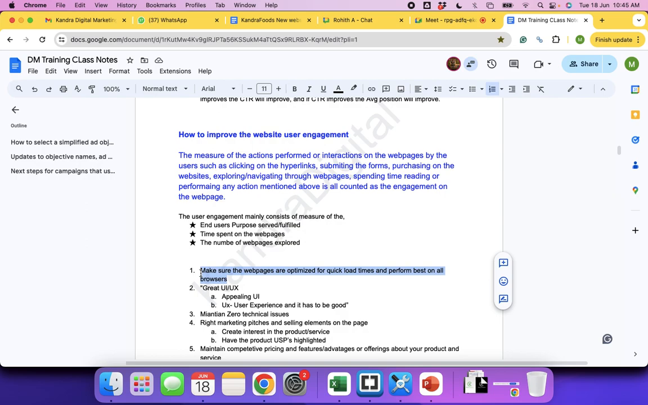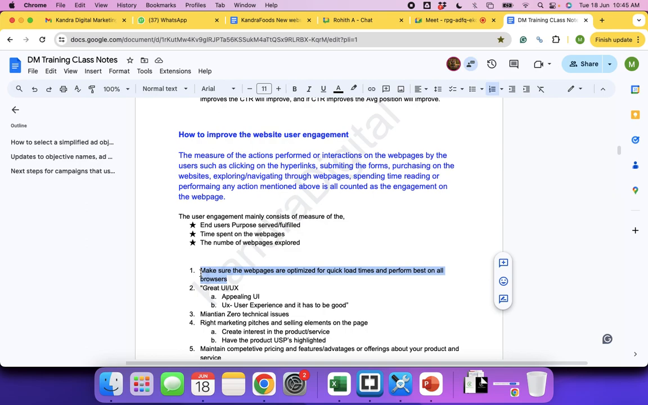So web pages can load in milliseconds, in a second also. Sometimes web pages take 10 seconds, 20 seconds, 30 seconds to load. Not all websites, but the majority of websites take more than 5 seconds to load. But that is not the correct ideal time. Ideal time is less than 2 seconds. Your web page has to load in less than 2 seconds,